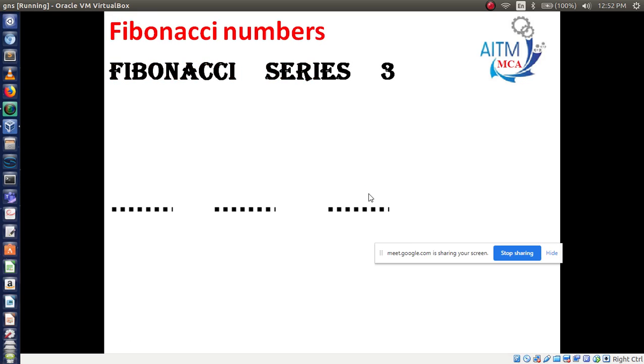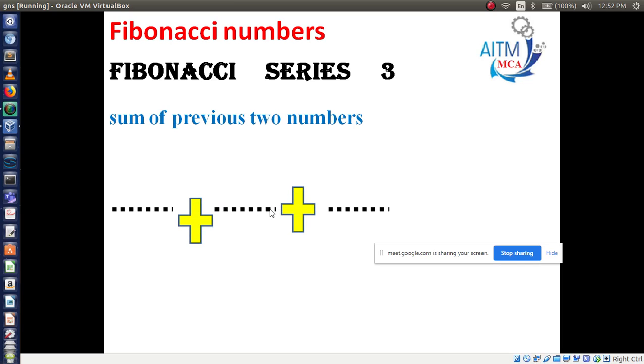Now how to generate these numbers? Based on this concept: sum of previous 2 numbers. So how to add these 2 numbers? That is important. The formula says sum of previous 2 numbers. You have to generate 3 numbers, but you need numbers, right?